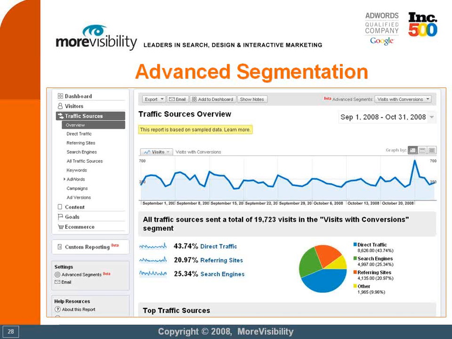So this will really affect you if you are looking at quite a large date range. In this situation, I kind of am. I'm looking at 2 months in time. Anything greater than that, chances are you really will see sampled data quite often in your account. But for medium or even low volume websites that are looking at a normal date range like a month or 6 or 8 weeks, chances are you won't run into this error. But if you do, that's what that means. And of course, you can